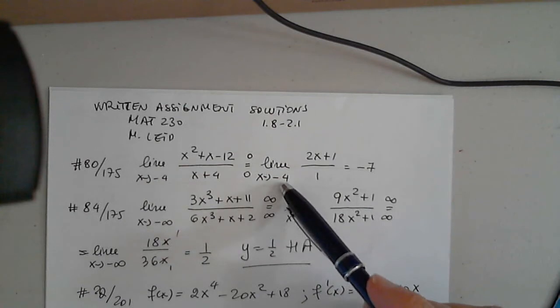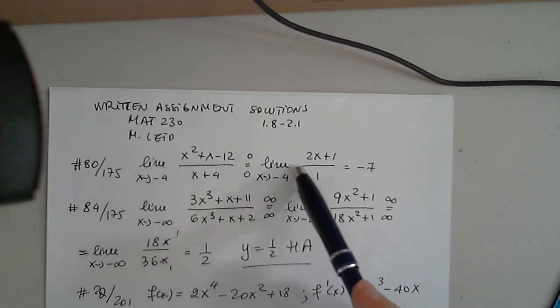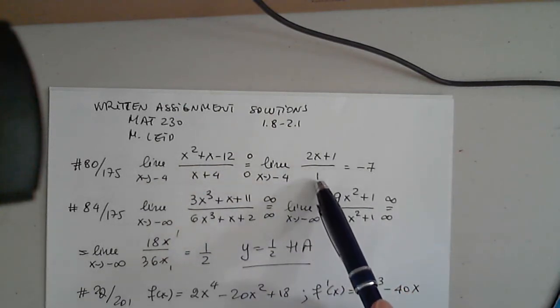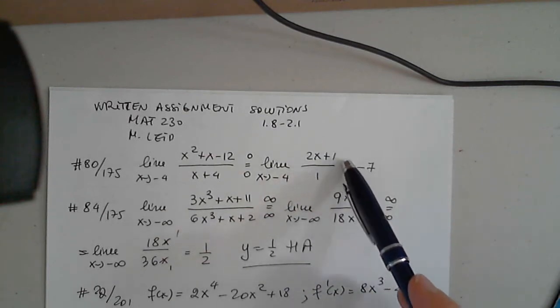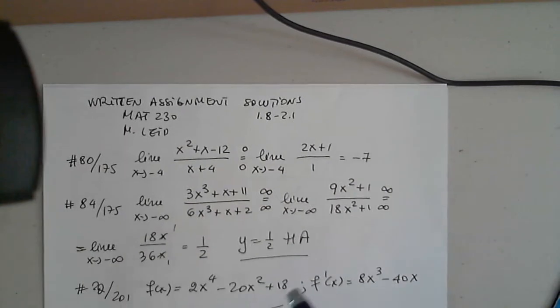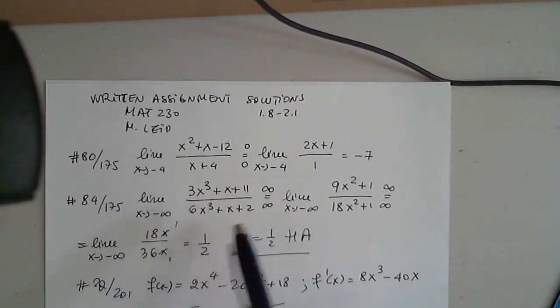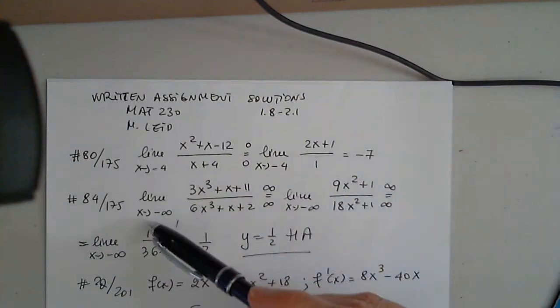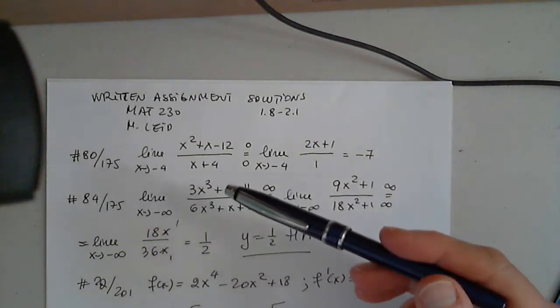We copy the limit operator. We differentiate the top, 2x plus 1. We differentiate the denominator. This is no longer an indeterminate case. We just plug in -8 plus 1, -7. Finished. Another one, similar situation, but this time when we plug in, or think we can plug in